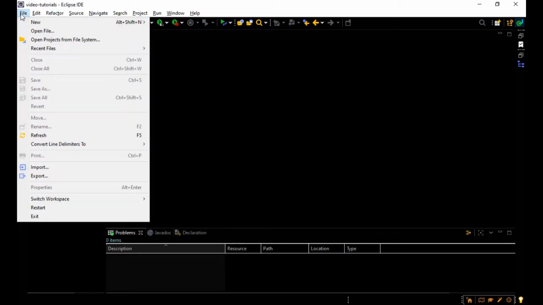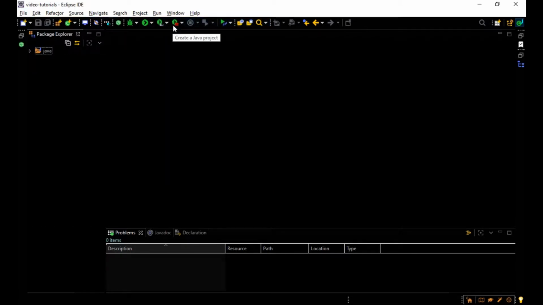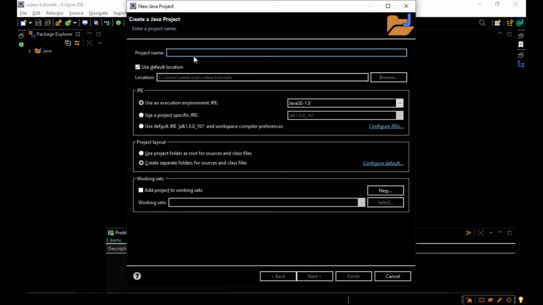We're going to create a new Java project. If you're wondering what IDE I'm using, it's the Eclipse IDE. So create a new Java project. Our project will mimic a blog post, Twitter-like application. Let's name it celebrity